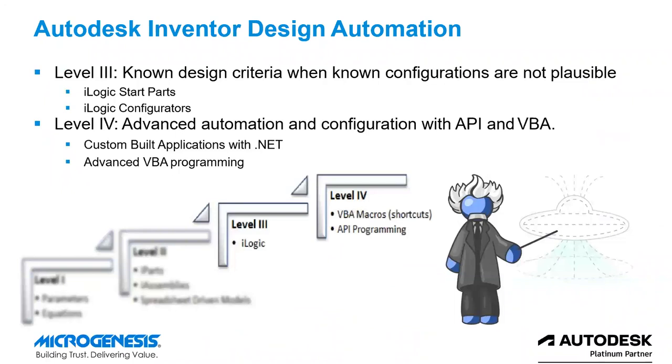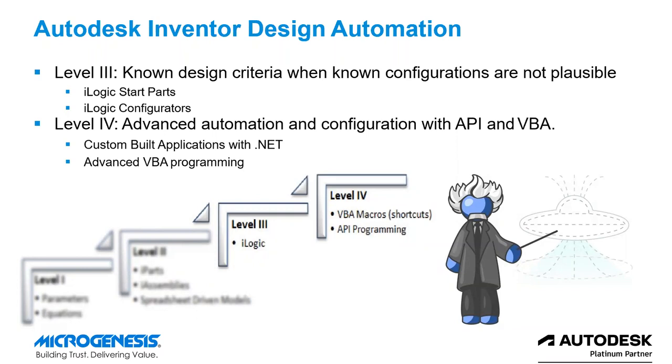And the third level and fourth level of automation: whatever you do with the coding, that comes into third level of automation, that is iLogic. So iLogic is embedded into Inventor. You need not separately install any add-ins or extra tools, or your company need not invest anything extra on that. So iLogic is an embedded environment. There it has an editor, where you can insert your code, and you can work. You can even save that code with that part. You can embed that logic with that part, and you can transfer that part with your colleagues as well.